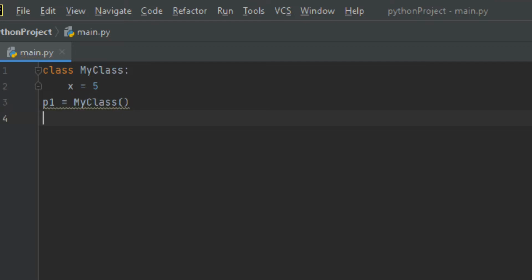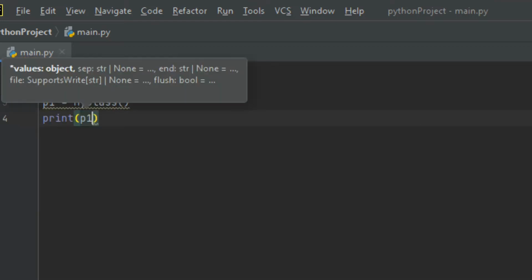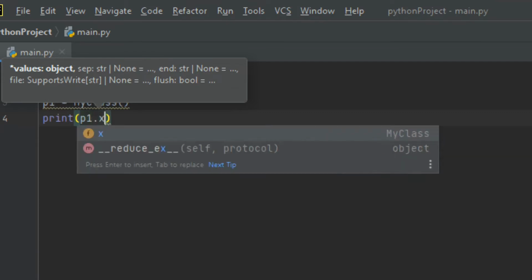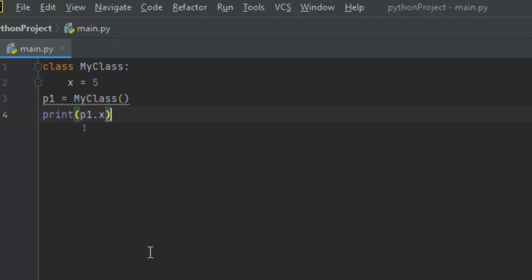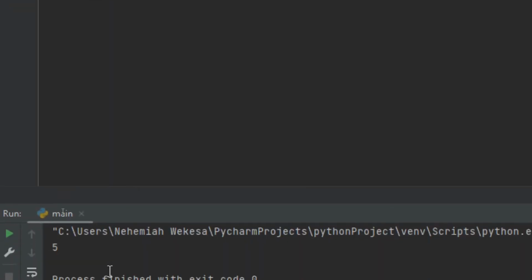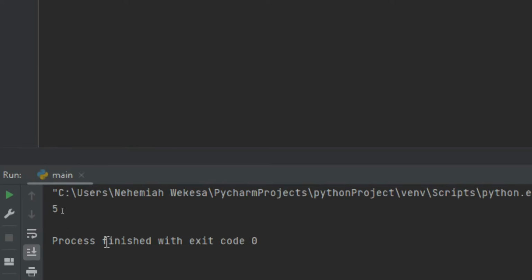Then I'm going to say print p1.x. Now I want us to print the value of x. I've just created this object named p1, and then I'm going to print the value of x there. So Shift plus F10, and then you can see that the value here is